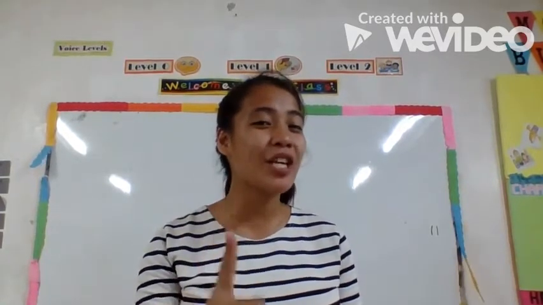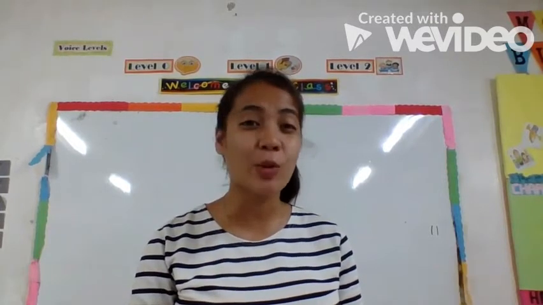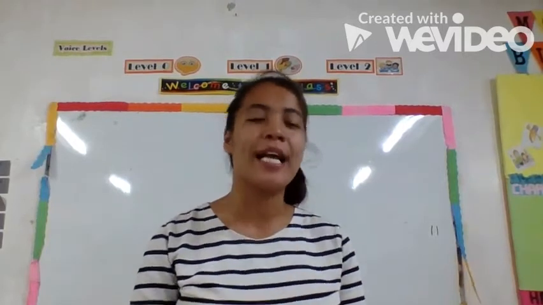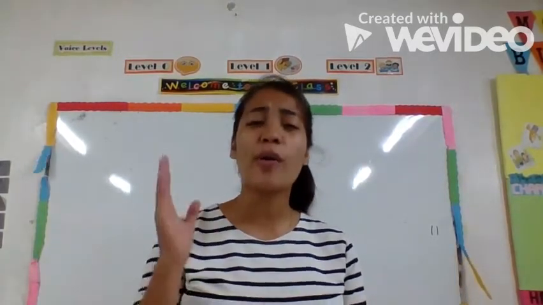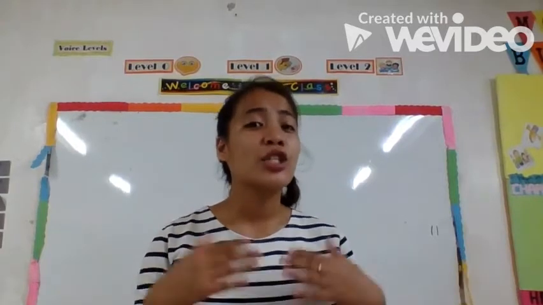All right. Time's up. So were you able to write down your own interpretation of the picture? Okay, that's good. So I will be asking you one by one in our virtual class, okay? All right, so you have to prepare that one. So let's start our new lesson for today. We are going to talk about choosing the appropriate trees to plant.